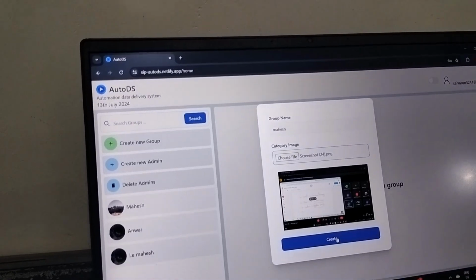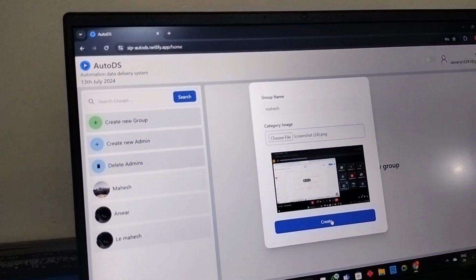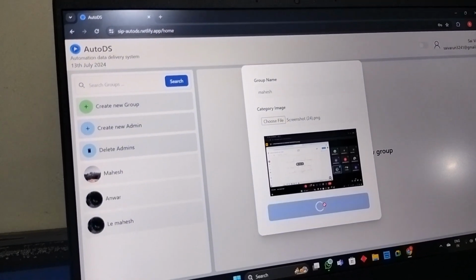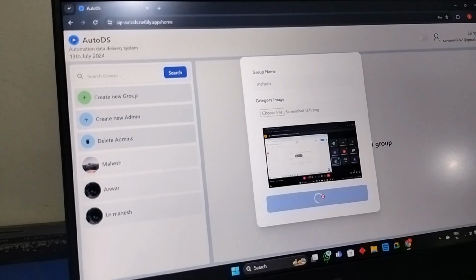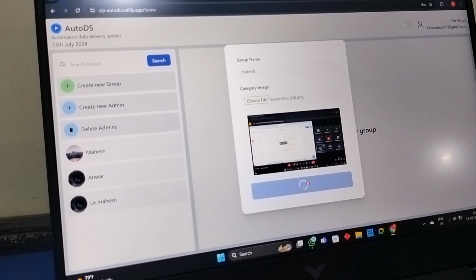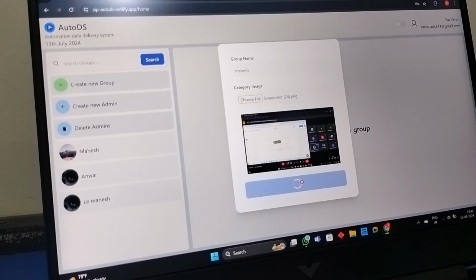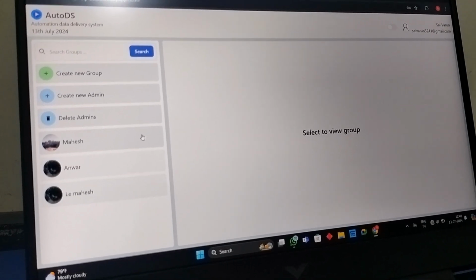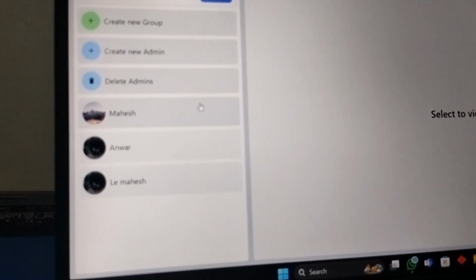Next, click on the create button. Now a group is created.